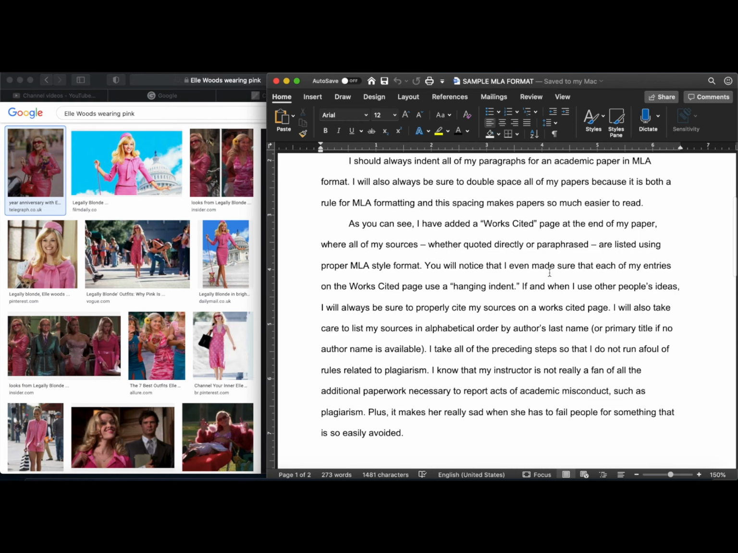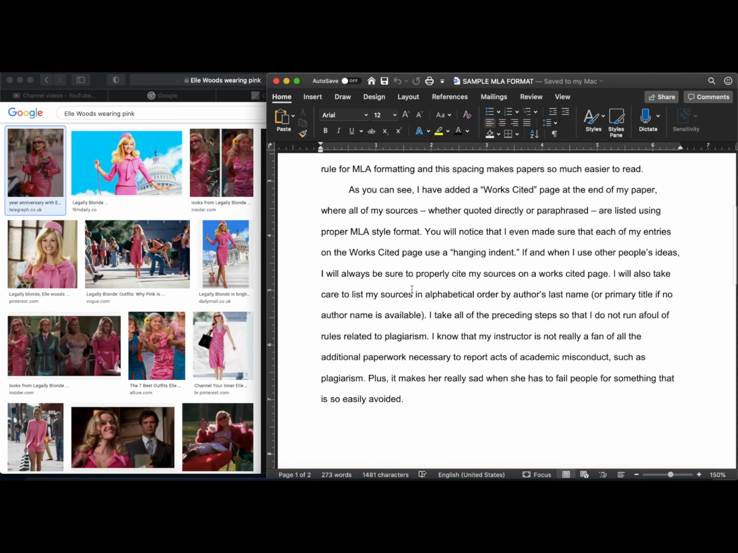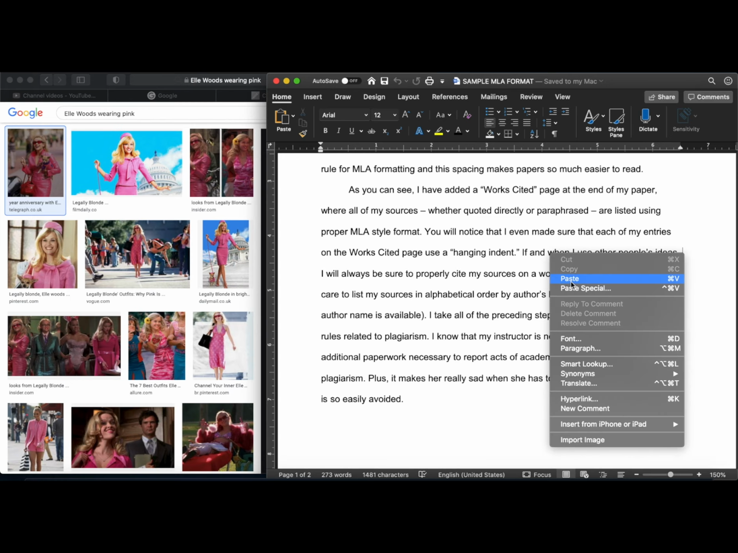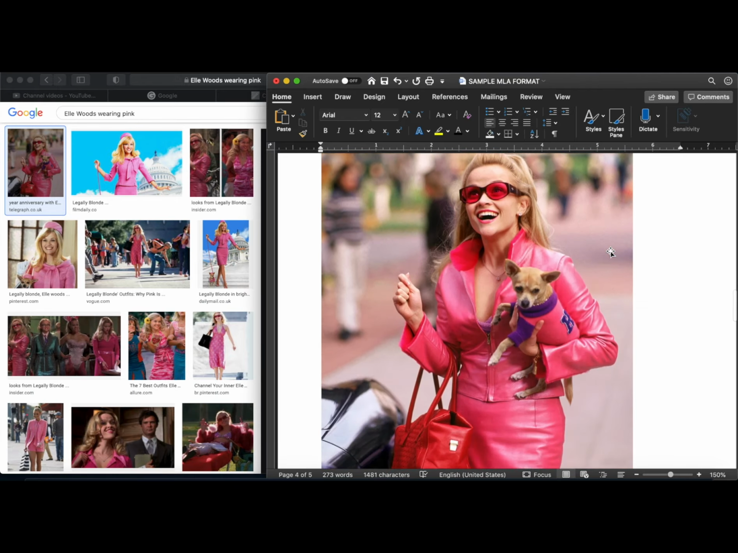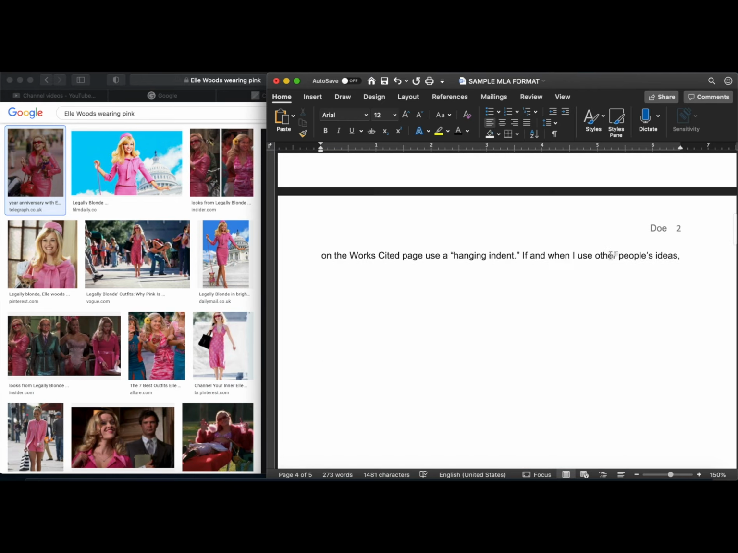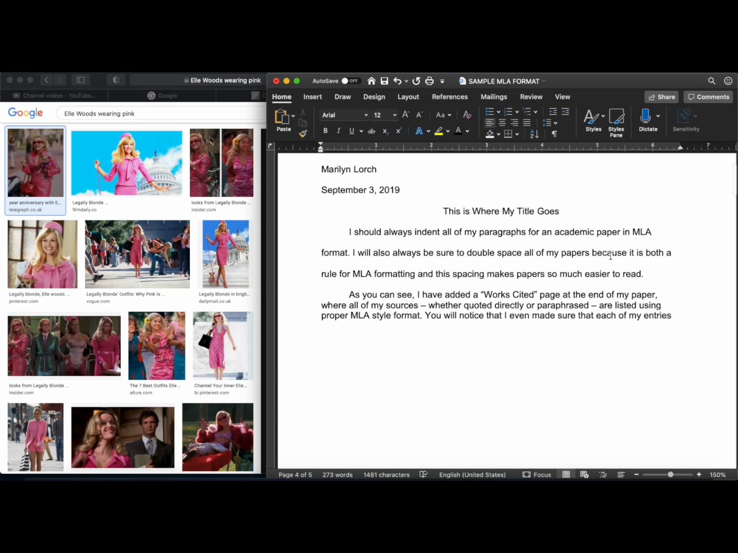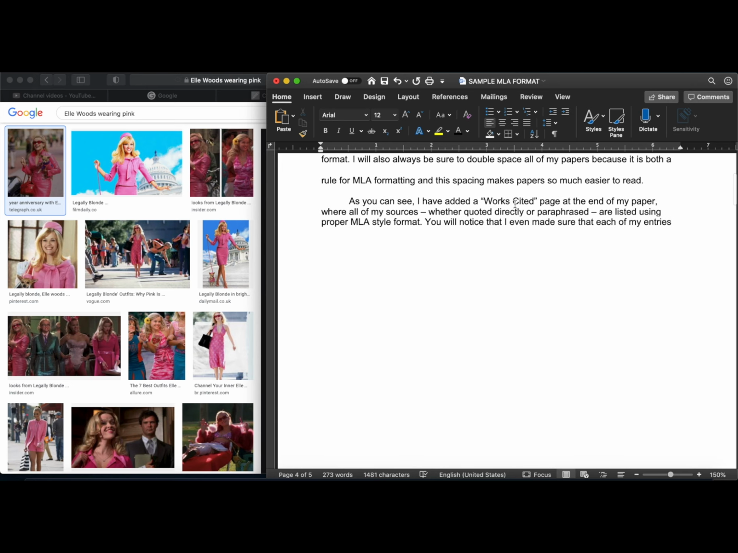So let's pretend that this is my first paragraph where I'm talking about Elle Woods and how she wears pink. I'm going to click in here. I'm going to left click and paste. And here it pastes in this huge photo. This is way, way, way too big. It messed up my,